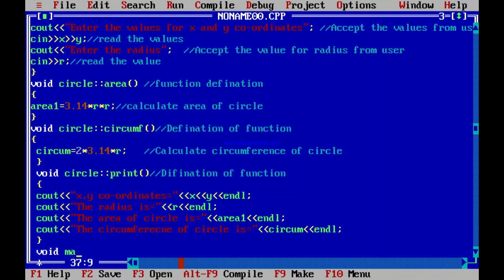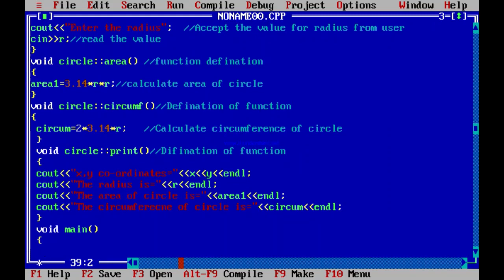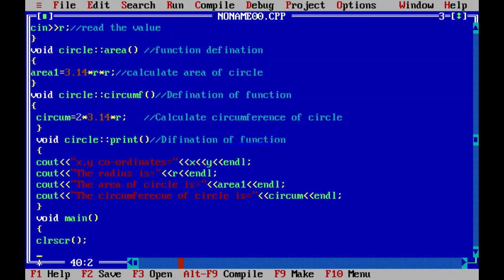Now we are going to write the main function. In the main function, first we write the clear screen function to clear the previous data. Now we are going to create the object of the class circle, C1. So here I write the creation of the object.